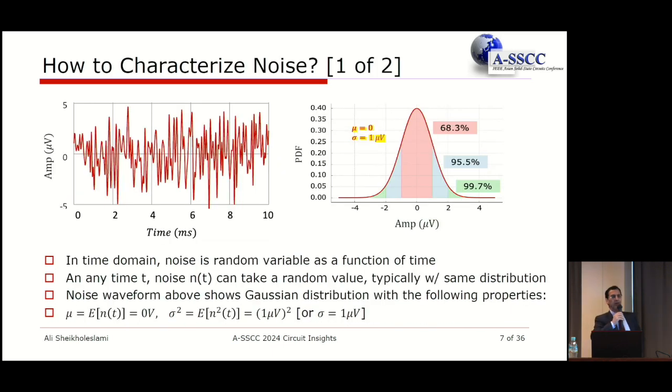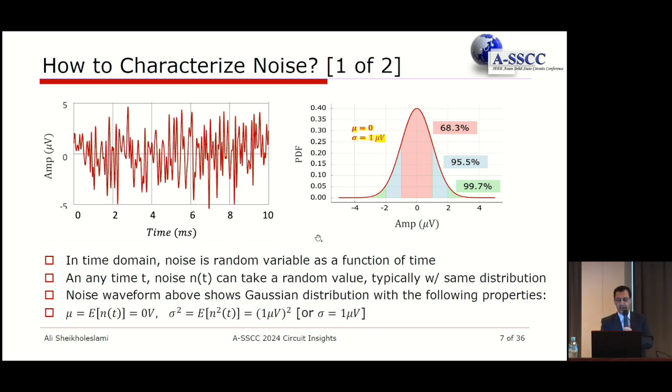So here's an example of that noise that is created by electronic circuit. In fact, this is created by a resistor, as we will see soon. You just have a resistor, and because of thermal movement of electrons, they create a voltage across that resistor, even though it's not connected to anything. You can see that the noise is going up and down, obviously is random, and it goes between -5 microvolt, very small, to +5 microvolt, but it's not uniform, it's not always the same level. The noise goes up and down, and the way to characterize it is to understand the mechanism by which it is created. And interestingly, it appears like a random variable that is changing according to a Gaussian distribution